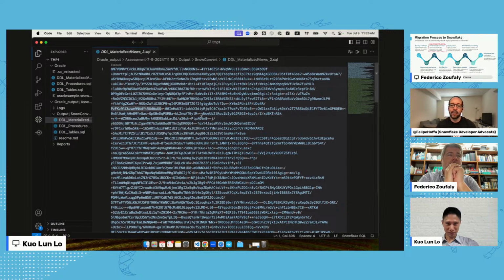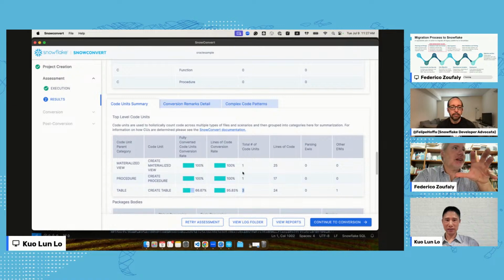So you get the assessment for free, you get the tables for free, but then we want a relationship with the professional services team to complete this migration together. And it's mostly to make sure that sometimes SnowConvert is deceptively simple. And maybe Kuo, you can start the actual migration while I explain this. It's deceptively simple because as you saw, you pointed to a directory and an input and output, and then it generates some code, right?